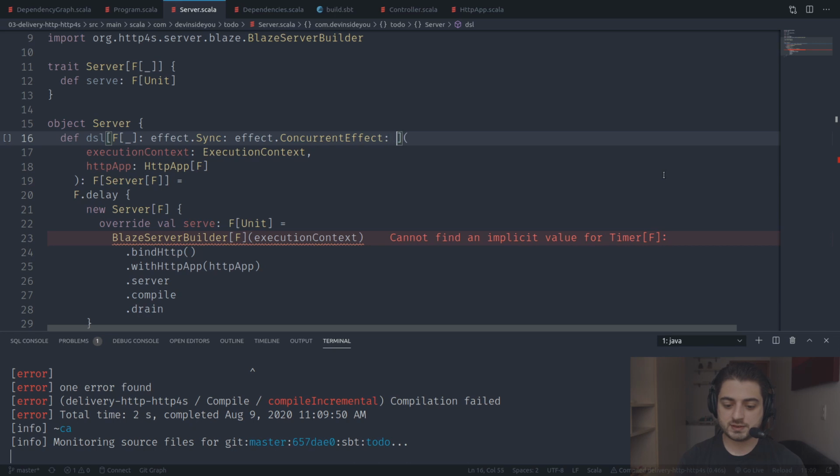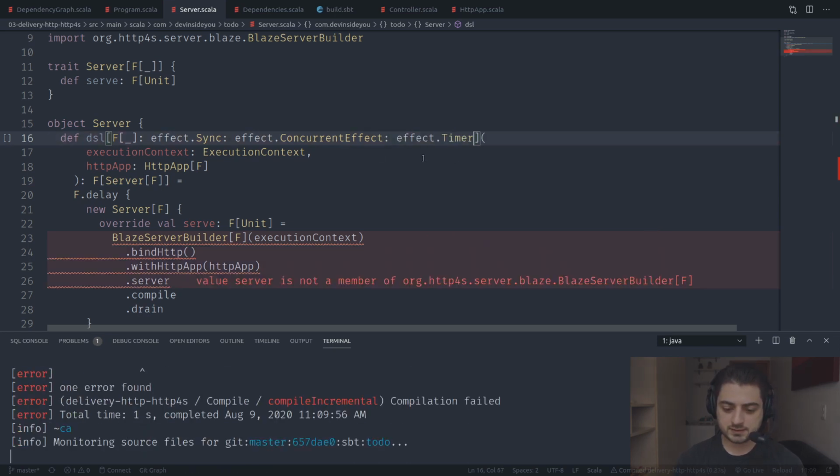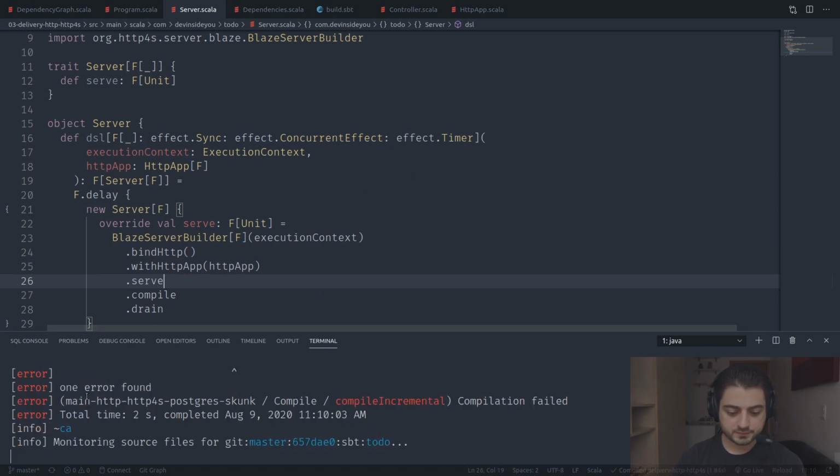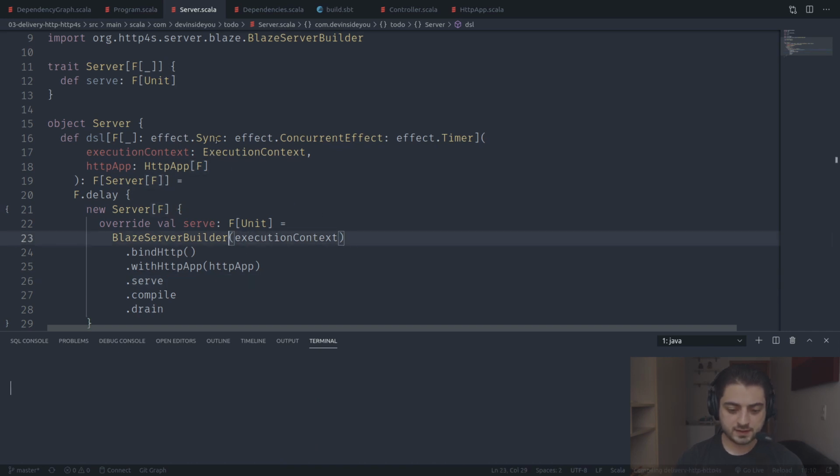Okay, now it also needs the timer effect timer like this, and all right, what does it say now? Value serve, not server, serve, like this. All right, so now it only doesn't compile in main. For now over here, okay, so now we actually don't need the f, and we don't need the sync because